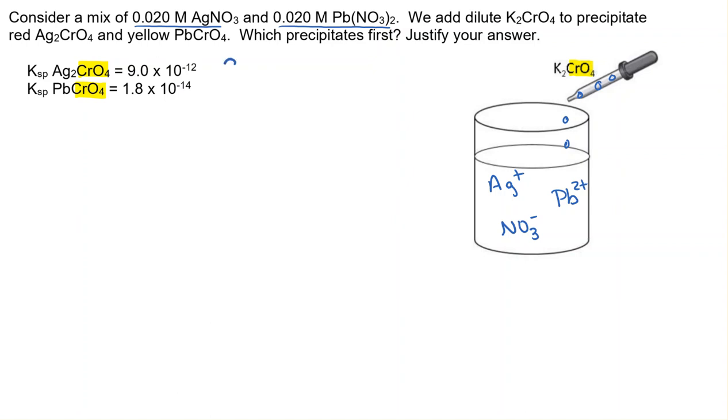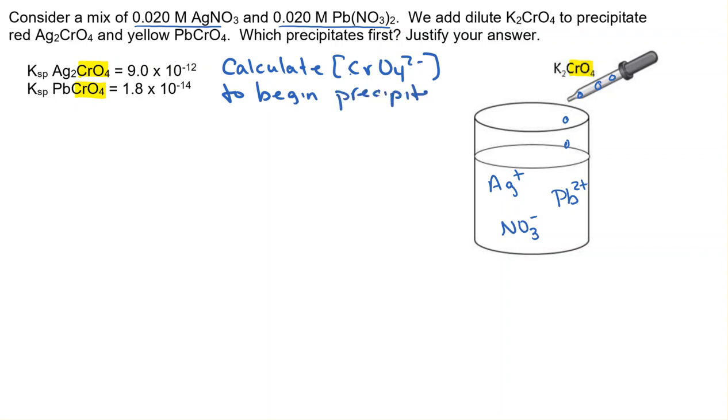So what we need to do is calculate the chromate ion concentration, CrO4 2-, to begin precipitating both of the particular compounds. So we're going to first calculate for the silver chromate, and then we'll follow up for the lead chromate. So for the silver chromate,